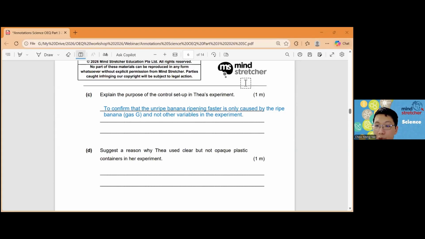Can I use two ripe bananas? Yeah, your experimental setup you can use two ripe bananas also can. Okay? You want to use one, you want to use two ripe bananas, it's okay. Can they use the same question but change the fruit? Is possible, Victoria? Is possible. Ripe banana and ripe banana on its own.